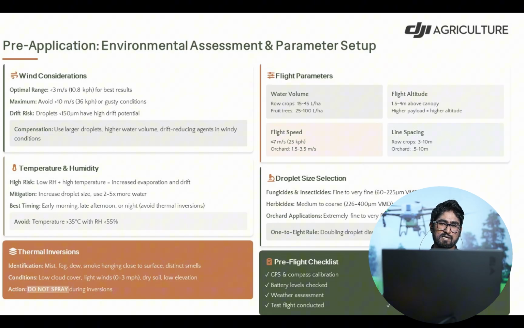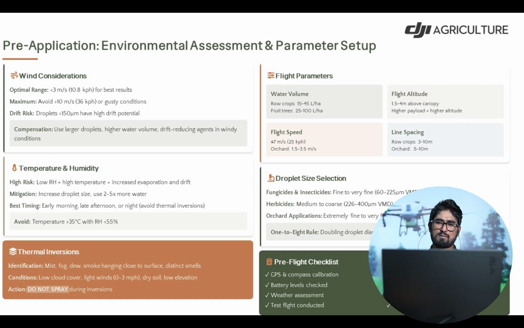When we are using contact herbicide, we must increase our droplet size to improve coverage of the plant surface area for these chemicals to act. Systemic herbicides enter the plant body and kill internally through the action of the active ingredients. So when we are using herbicides, we must use between 226 to 400 micrometer droplet size range.